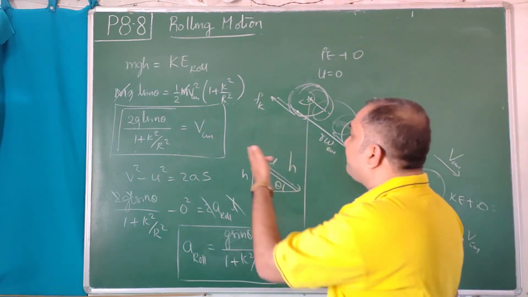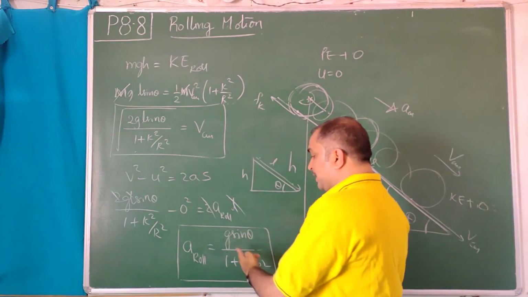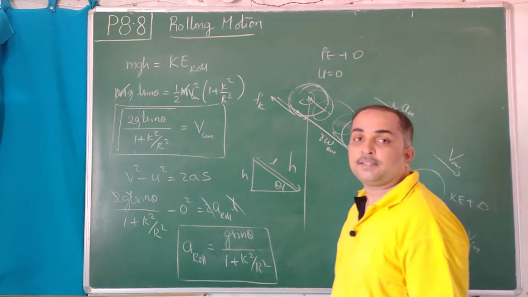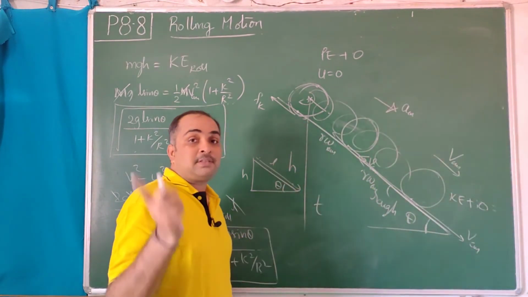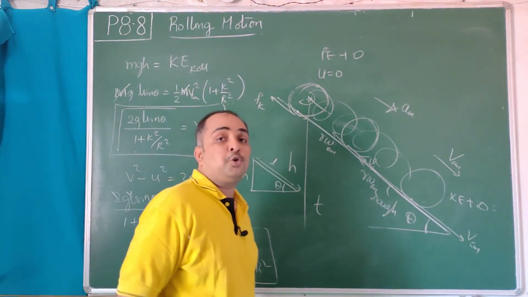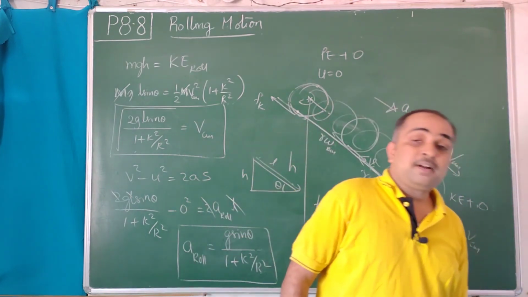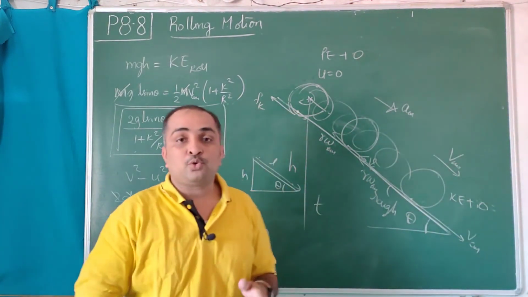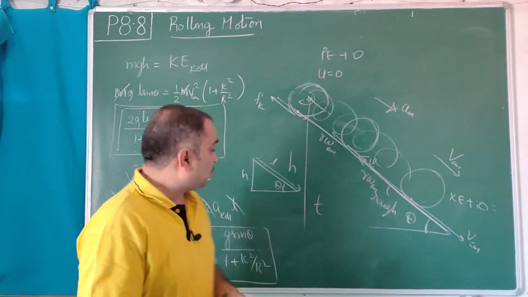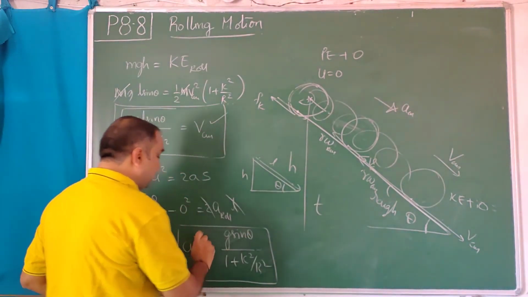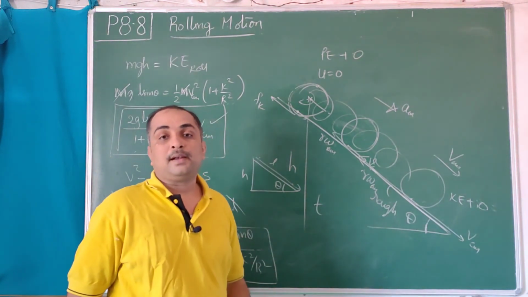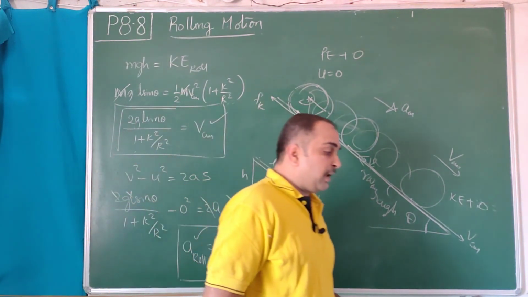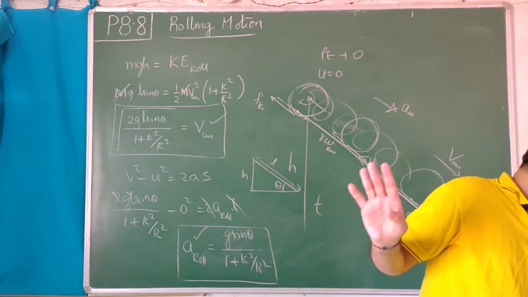If VCM is more, that will come first in the race. If ACM is more, that will come first in the race. But when you come to time, whichever takes more time comes last in a race. In a race, who runs fast is the winner. So if his velocity or acceleration is more, he is the winner, but he should take less time. So time-wise he should take less. So to tell who will win a race, there are four ways.